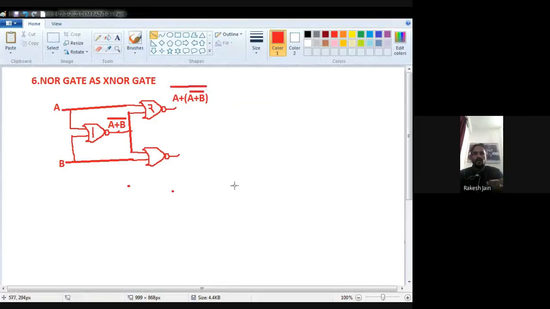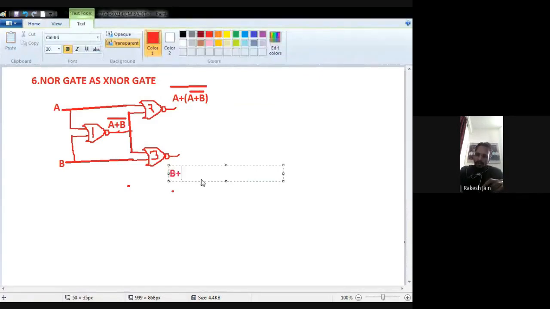Similarly, if we talk about the third, what will be the output here? What are the two inputs? One input is B, and one input is A plus B having a bar. You can consider any as one or two, don't pay attention to which line is upper or bottom. One is connected with B, and the other is connected here, so A plus B having a bar.